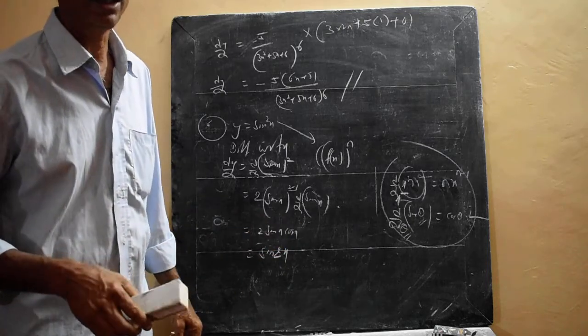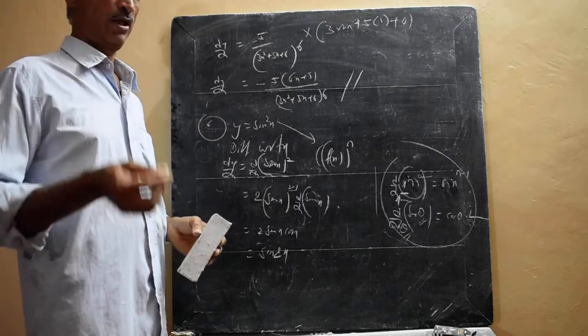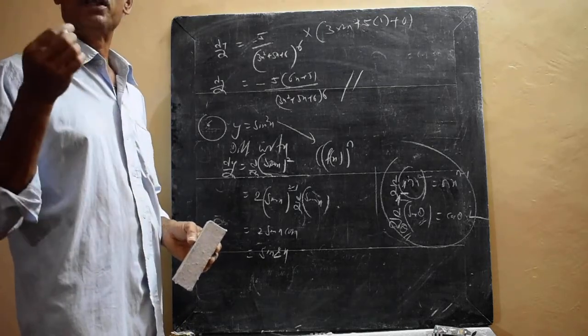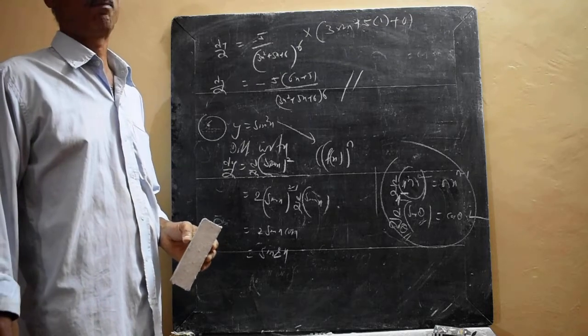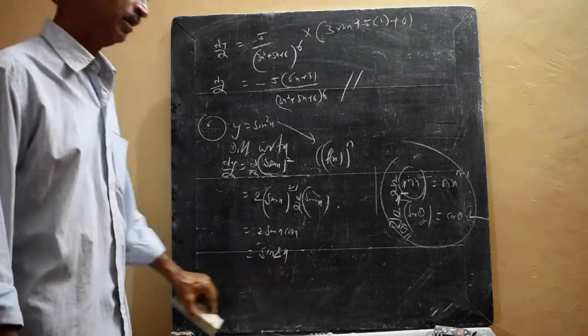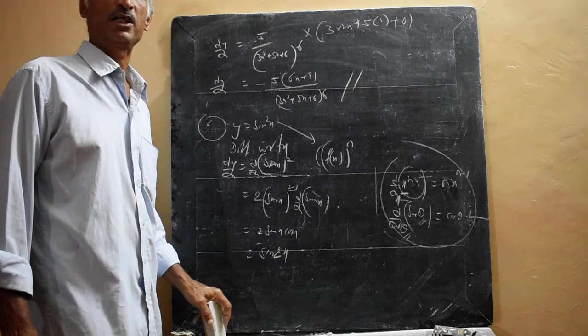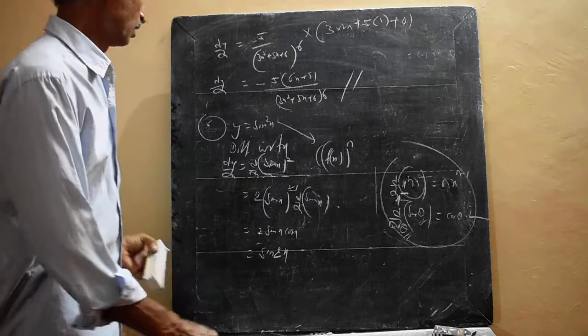Sin 2 theta is 2 times sin theta cos theta. That is one formula. Another formula for sin 2 theta is 2 tan theta upon 1 plus tan square theta. When our time comes, I will explain all those things. In the beginning of this year's vacation class, all were explained in the classroom. Now coming to the